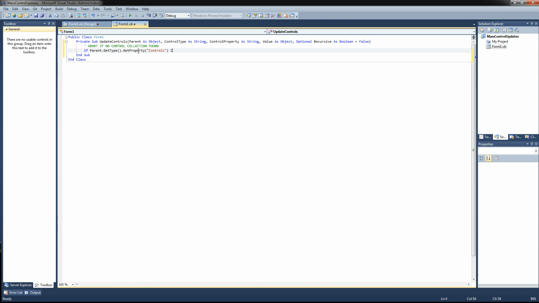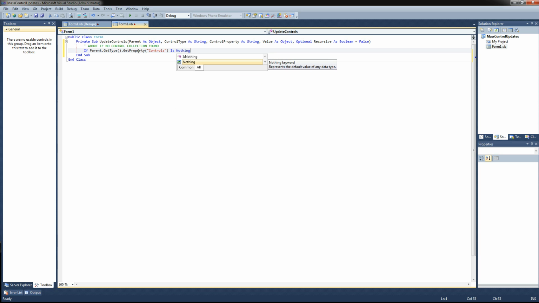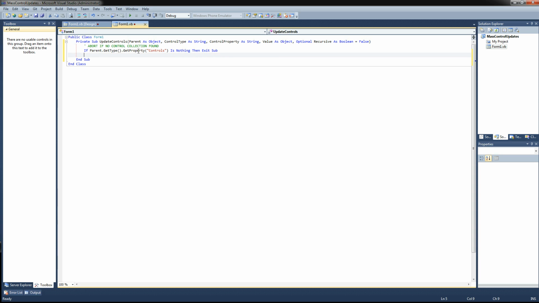And we want to ask if it's nothing. So if it's a null value, meaning that the parent literally does not have a control collection, then exit the sub. Okay. So what I could do, just to kind of reinforce this a little bit, if I say